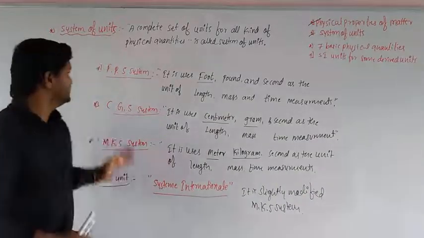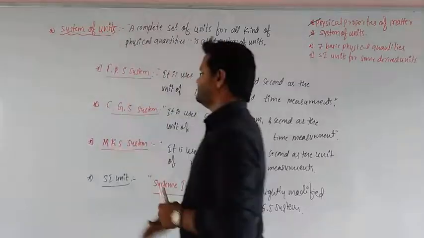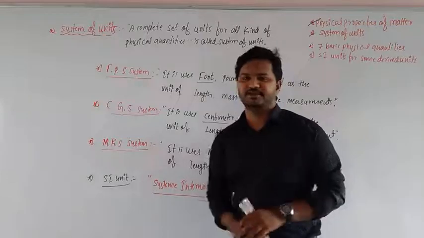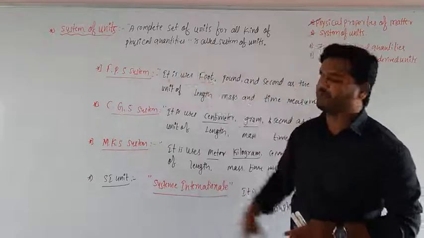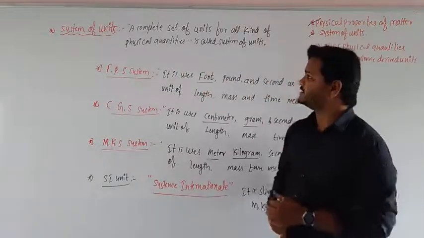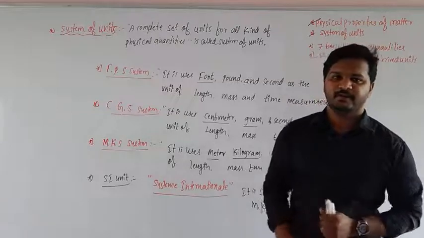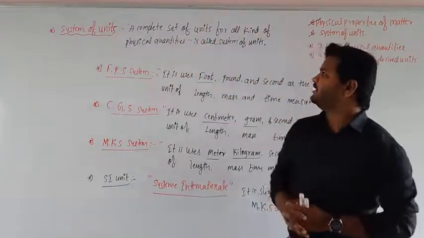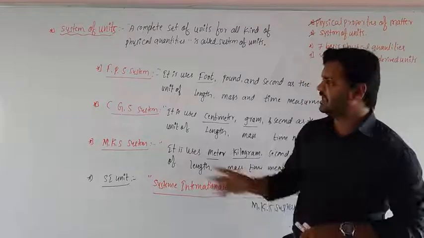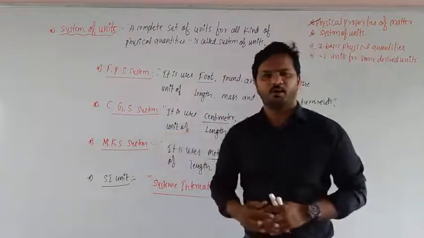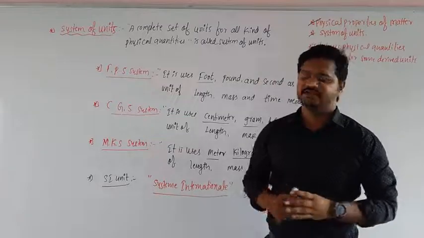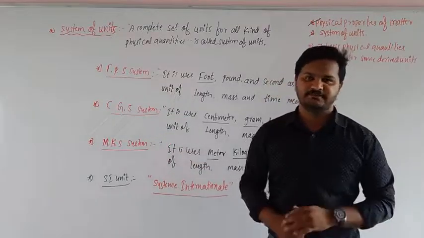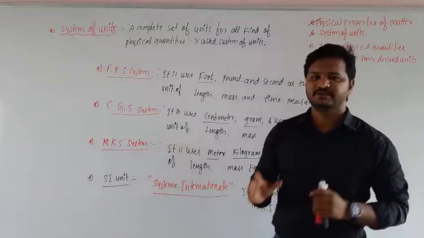Okay students, these FPS system, CGS system, MKS system, and SI unit system are the four types of system of units. A complete set of units for all kinds of physical quantity is called a system of units. In that there are four important systems: FPS system, CGS system, MKS system, and SI units. Okay, so this is about system of